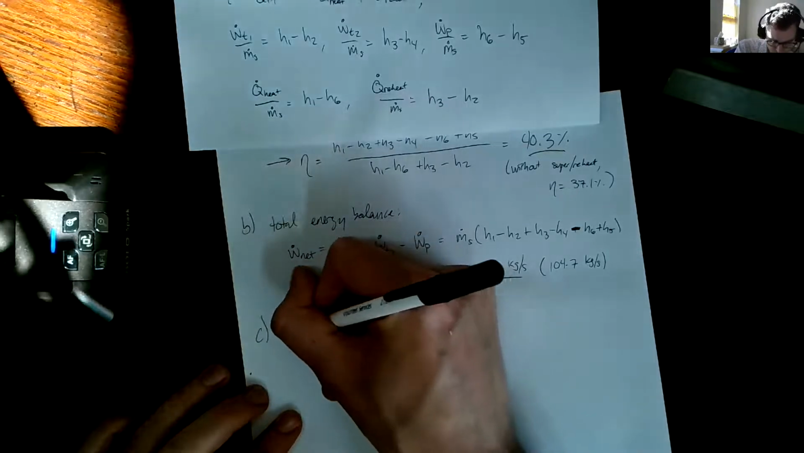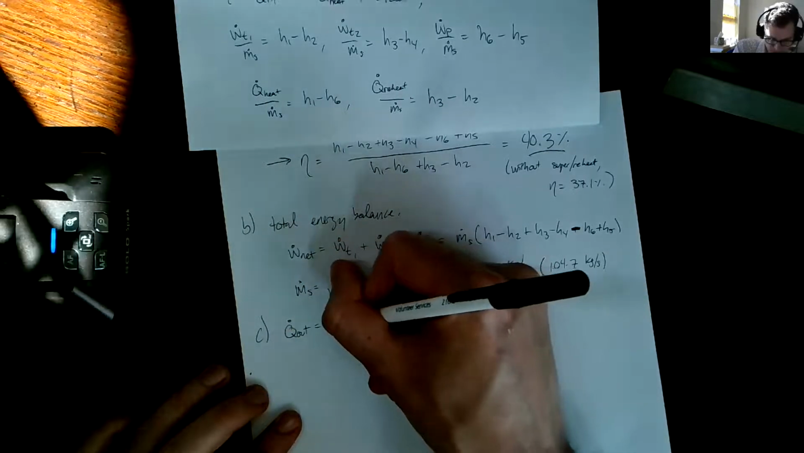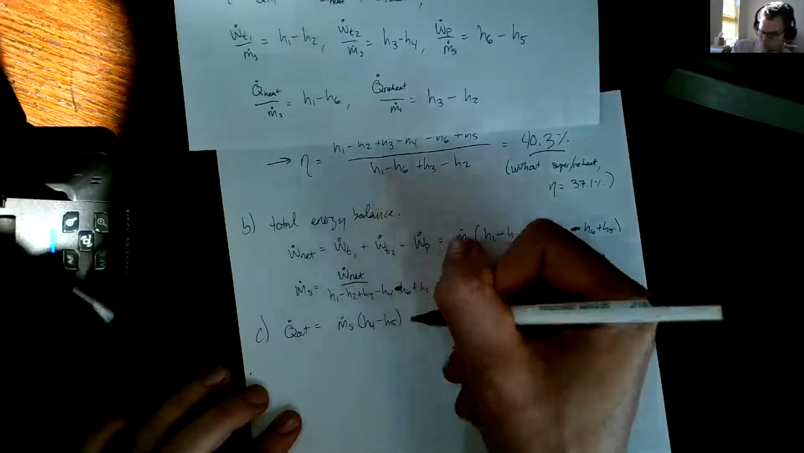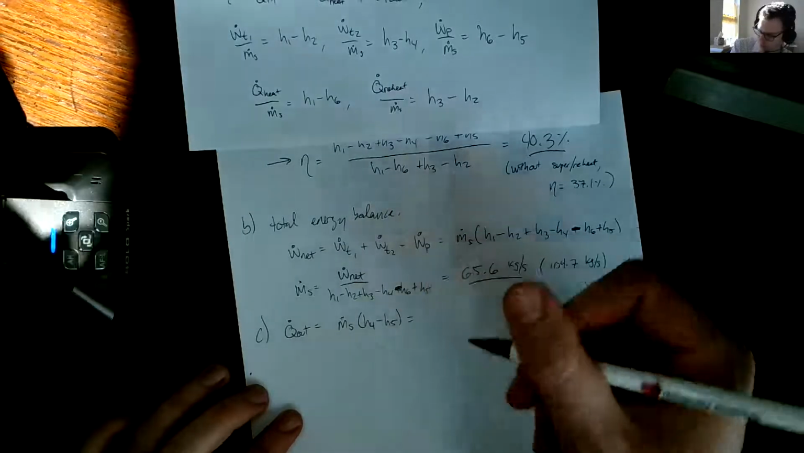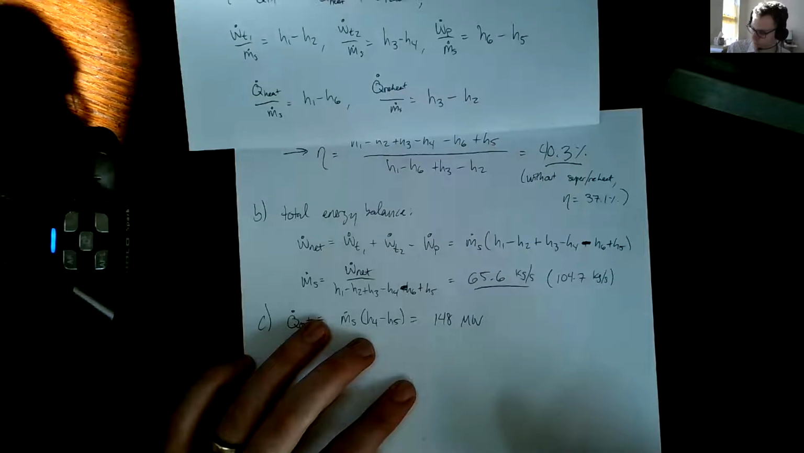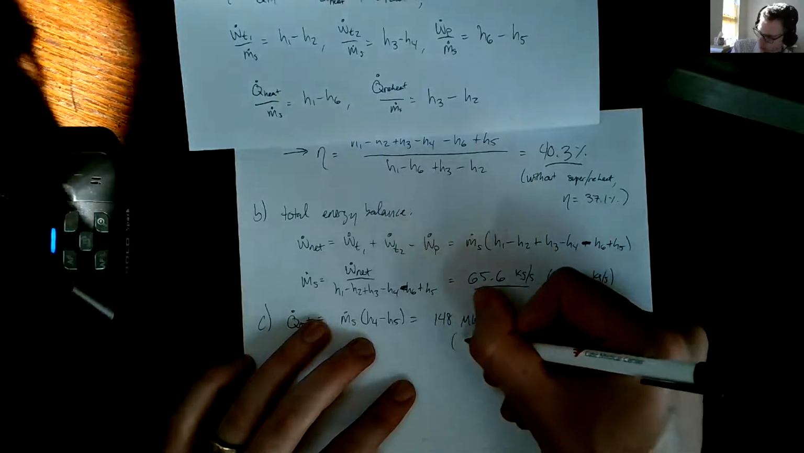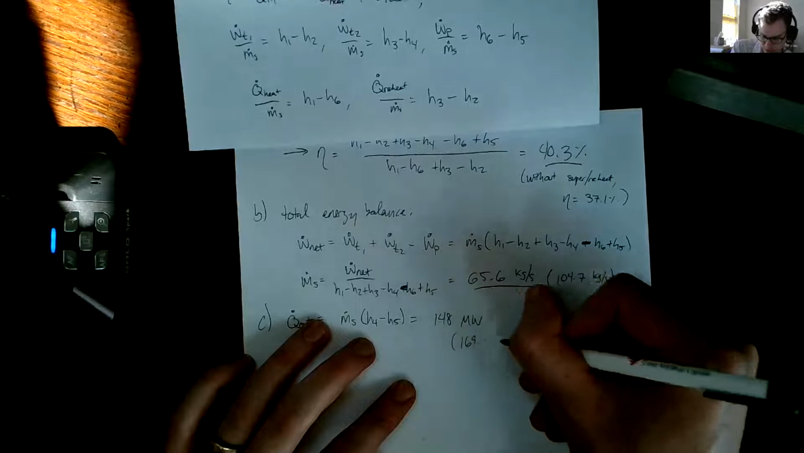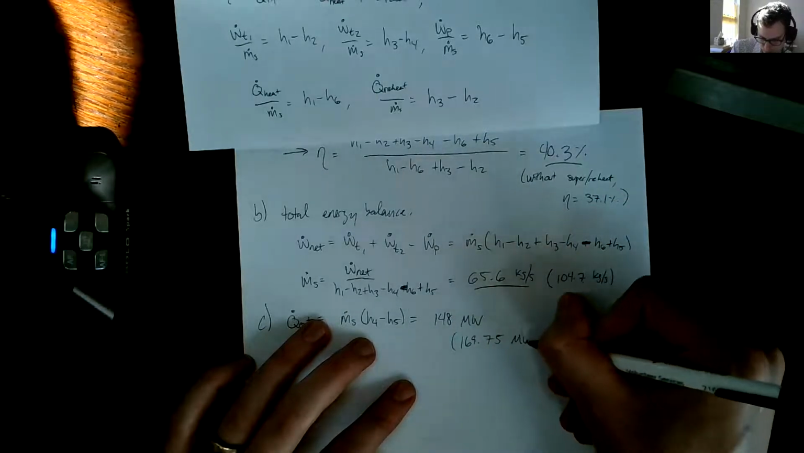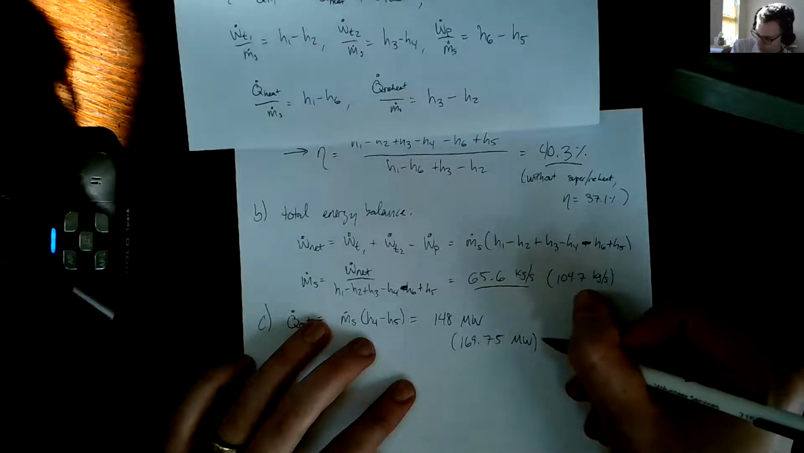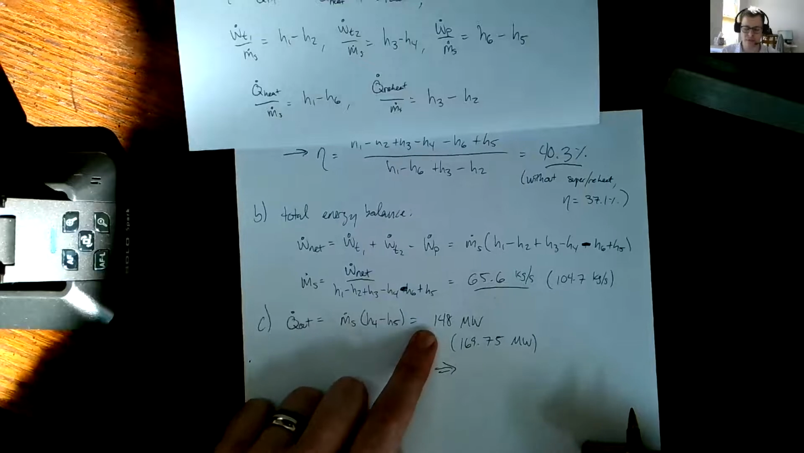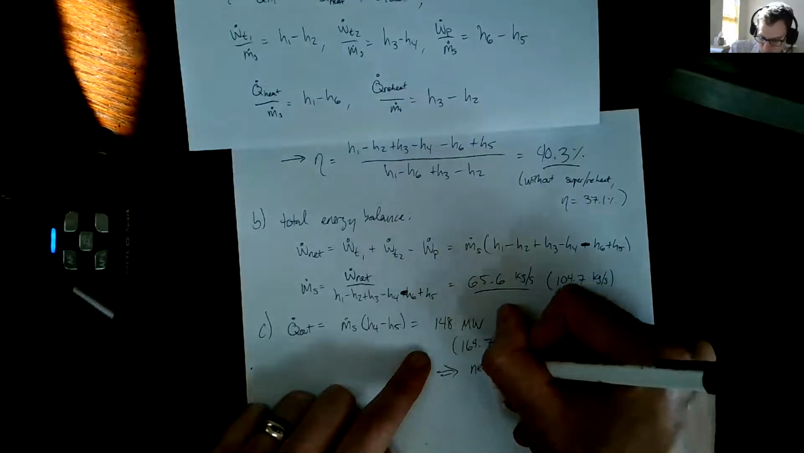Finally, Q dot out is just m dot s times (H4 minus H5). I have these numbers, so this comes out to be 148 megawatts. And before, in our first example, the ideal cycle with no superheat or reheat, this number was 169.75 megawatts. So we have less waste heat rejected, which means we need less